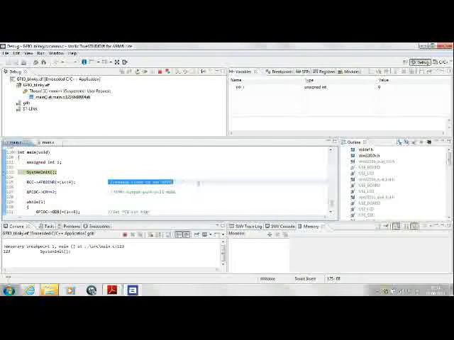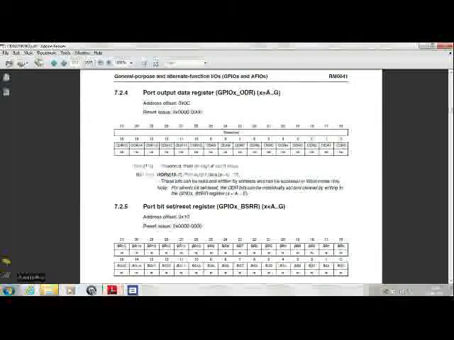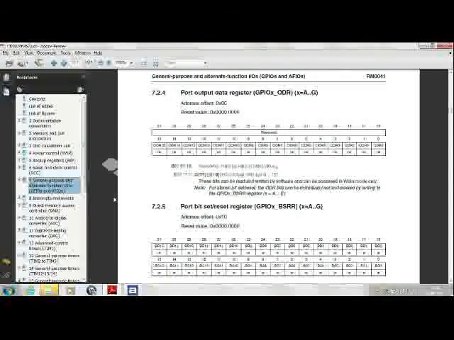We have already seen that the GPIOs are on the APB2 bus, and for these controllers at reset, the GPIOs are not clocked by a system clock. So the RCC, that is the register available with this microcontroller, it's a clock control register. Its APB2 enable register has its 4th pin, which enables the clock to this register.